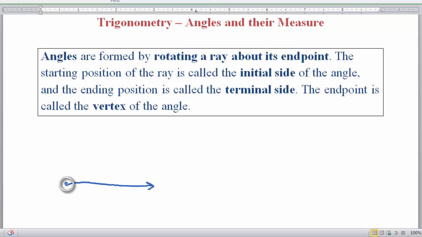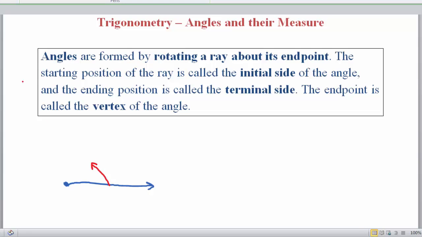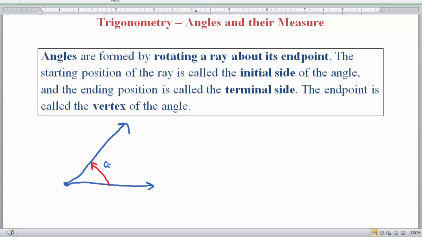So if you hold the endpoint steady, right, you keep it there, and then you rotate this ray, you end up with what we call, wow, not very straight, right, an angle. So this would be your angle, okay? And what ends up happening is the starting side, right, the starting position of the ray right here,